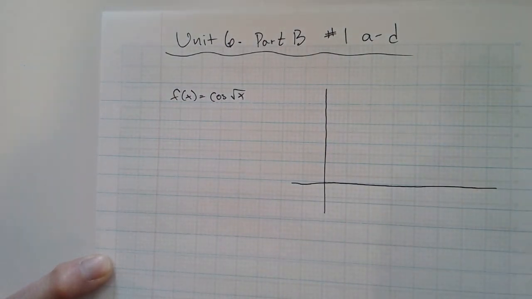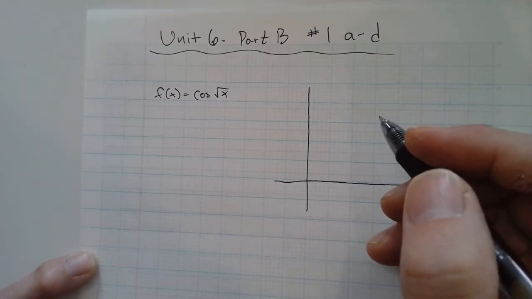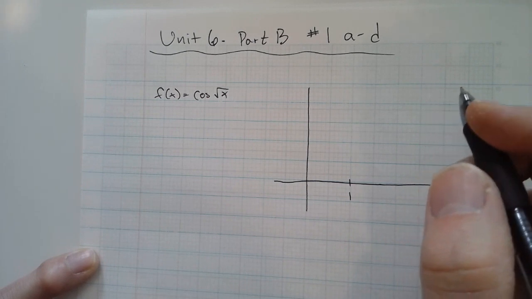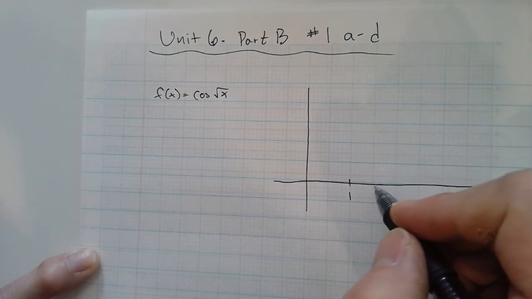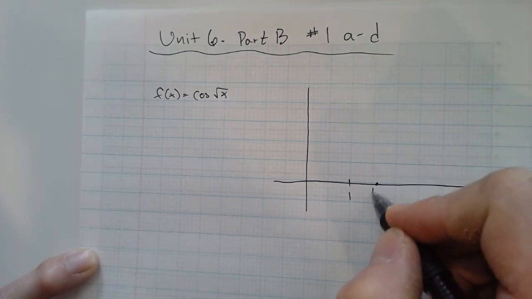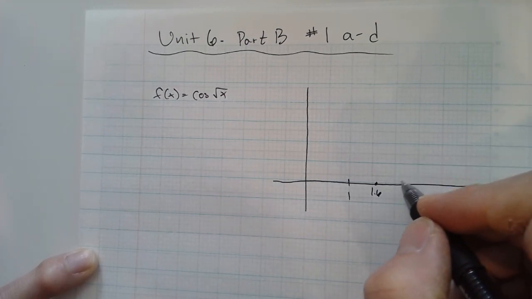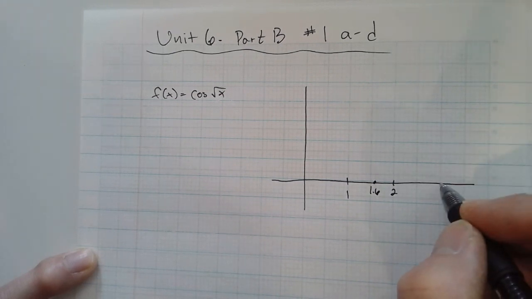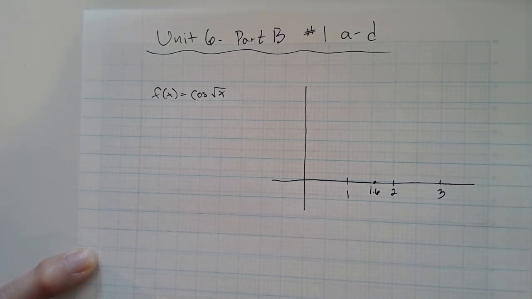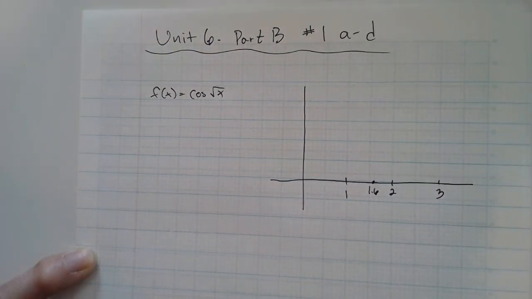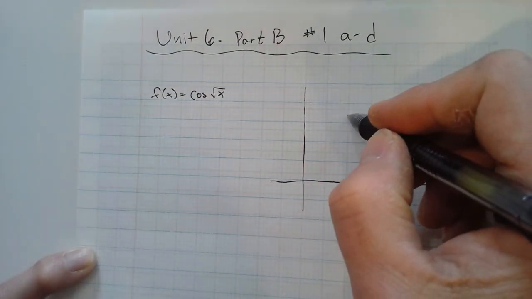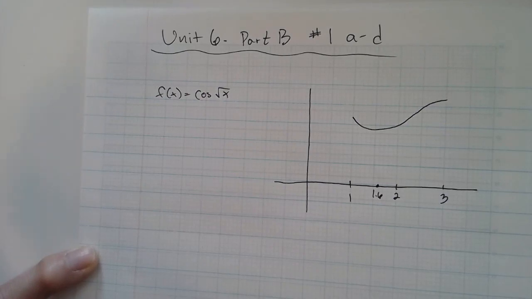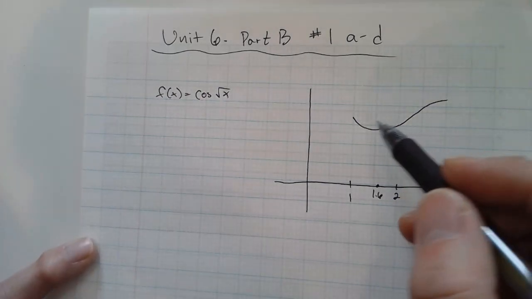All right, so let's say we've got our function. It goes from 1 to 3. So I'll say this is 1. And then it goes from 1 to 1.6. So we'll call that 1.6. And 1.6 to 2. There's my 2. And 2 to 3. Okay, so here's my function. There. If we want to approximate my function using the midpoint